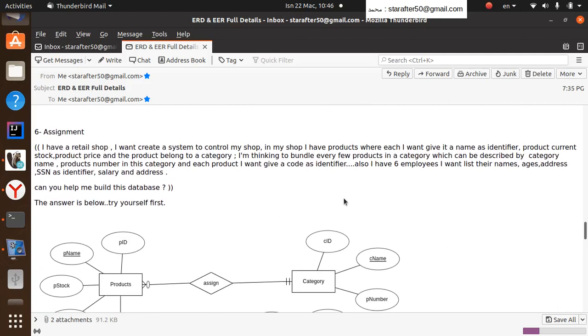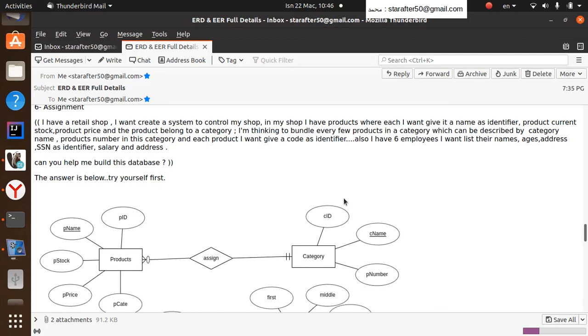So let's see one assignment in here. This assignment. Someone has a retail shop and he wants to build a database for it, a system to control the sales of that shop. And he's sitting with you and he tells you, I want to create a system to control